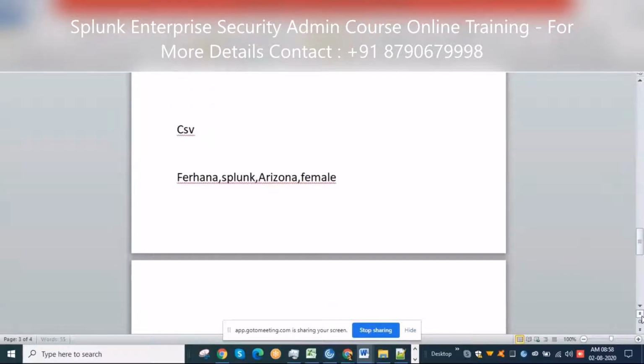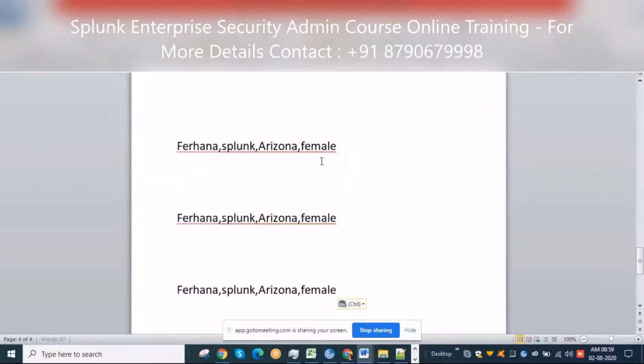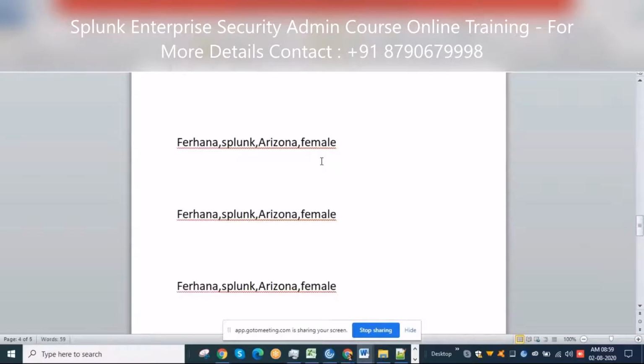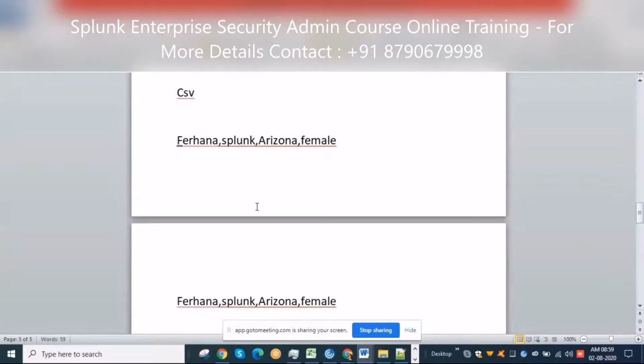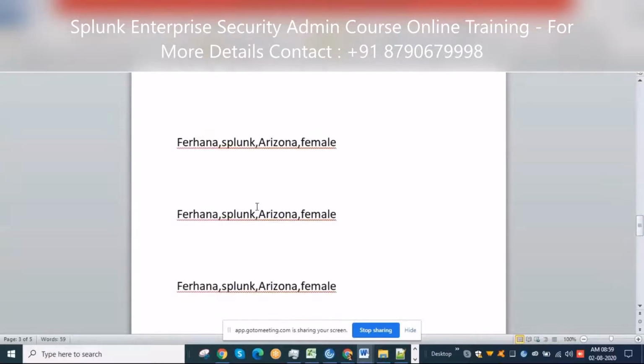Now you see my logs are separated by commas. I know this is a CSV file, where each and every field is separated with a comma.